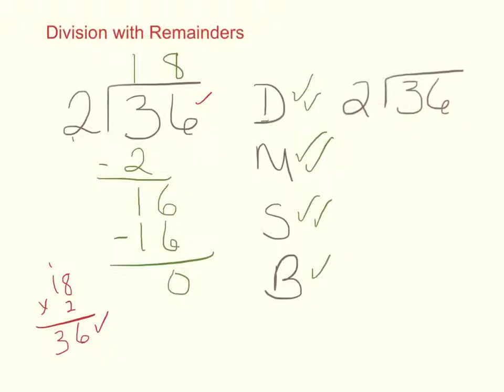So real quick, now we're going to come over here to short division, and I'll run through that with you. First thing we do is divide 3 by 2. We know that to be 1. Now, 2 times 1 is 2, multiply. But I needed 3. So what's my difference between 2 and 3? Well, 1, of course. So we take that 1 that we have left over and put it by the 6,